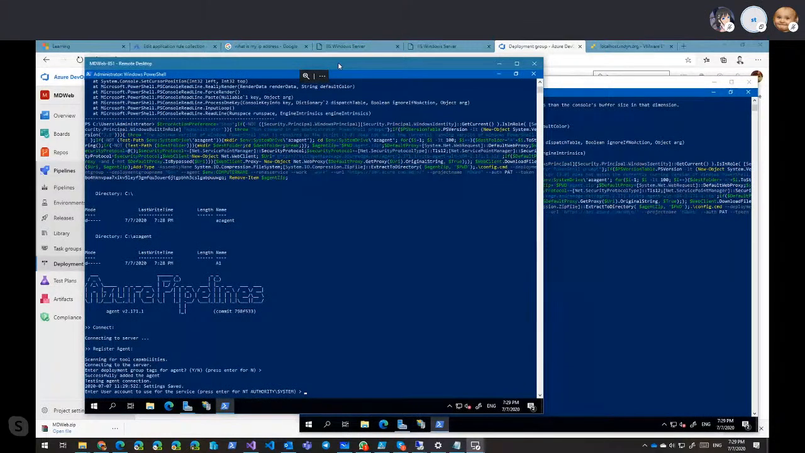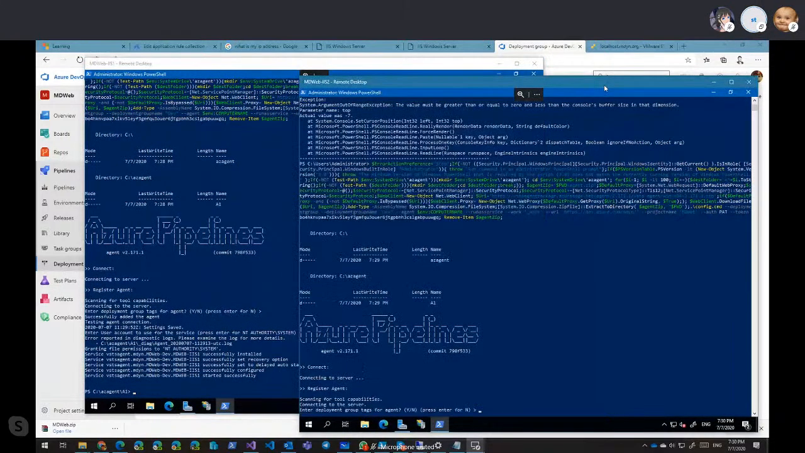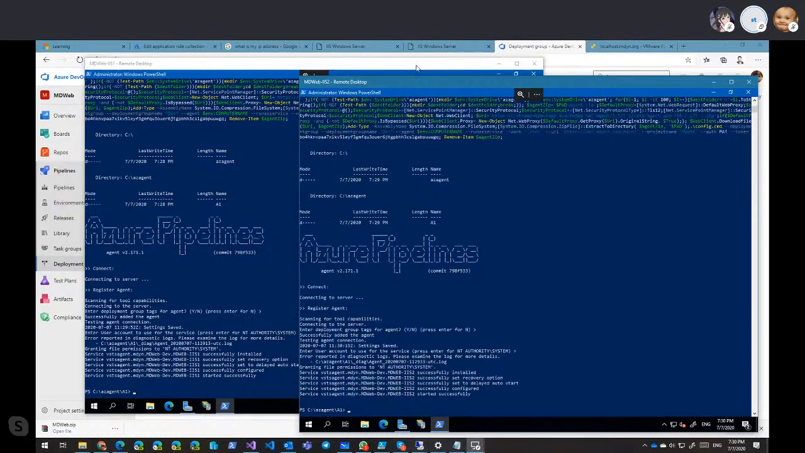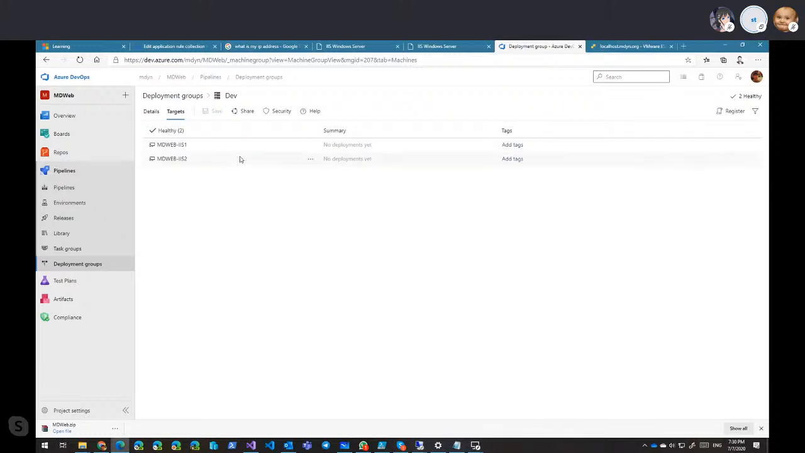It also asks for the user account for the service. For this non-domain-joined PC, I'm just going to leave it as system. But if you have service principals, you can configure them as an identity to run the pipeline agent. Okay, so that's this VM, and I'll do the same for the second VM. When that is done, if I come back to Azure DevOps and go into targets, you will see that I have 2 machines